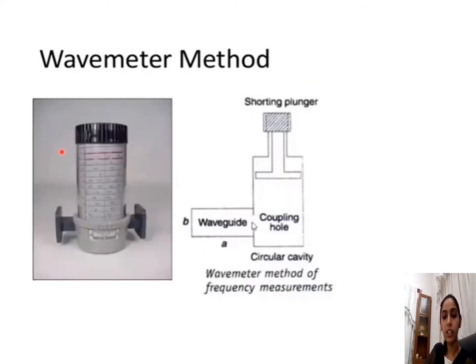We are familiar with this component in microwave lab. This is a frequency meter in which directly we can read the frequency which is employed in our lab. And this is a DRF type of frequency meter usually we employ in lab. So this top part is movable. So when you move this top part, you can see the variations, okay, of the readings.